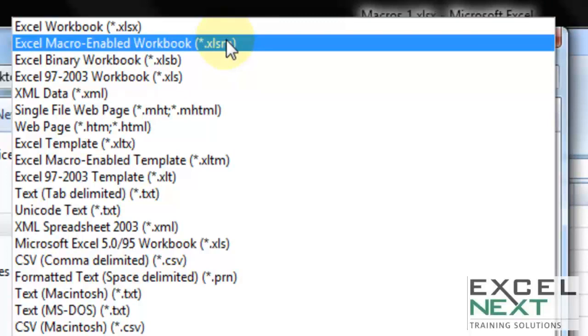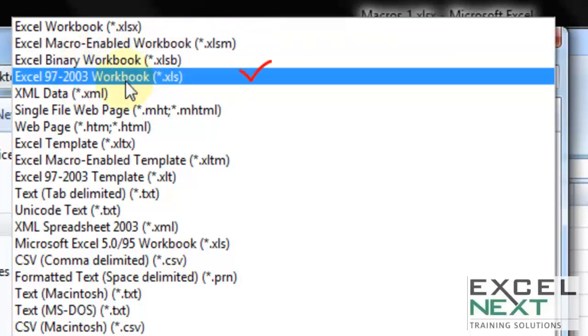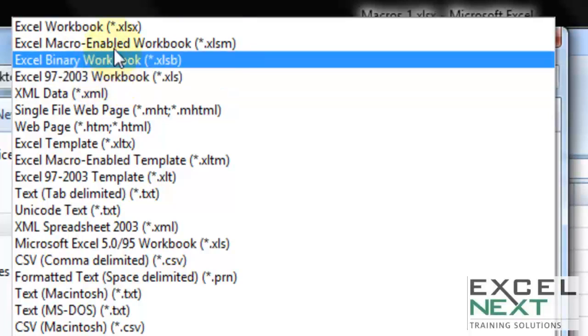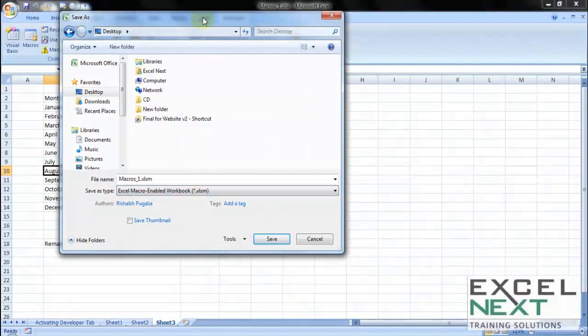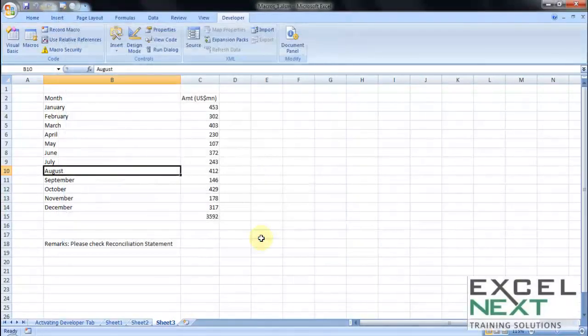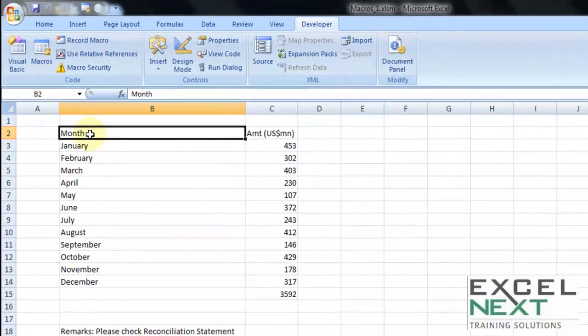So you can save the workbook with macros either in Excel XLSM or in old 97-2003 format, either of these two. Let me stick to XLSM. Let me save on the desktop. Saved. Of course, there are some codings that have happened in the background, and I would also want to see what's the coding there. At least a quick overview.